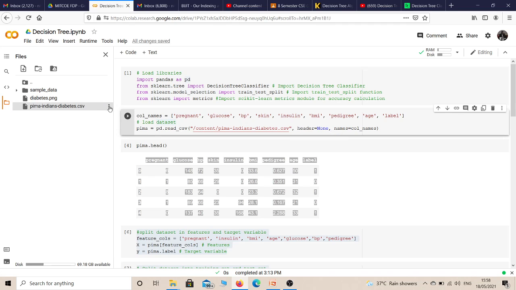So how can you, by clicking on this, copy this path. This is the path: the content, PMR Indians diabetes.csv. What I am trying to do here is load the dataset. Here header equals none, and I am providing this as my new header, with names equals column name. So I am providing this as the column names, and this dataset I am going to load into